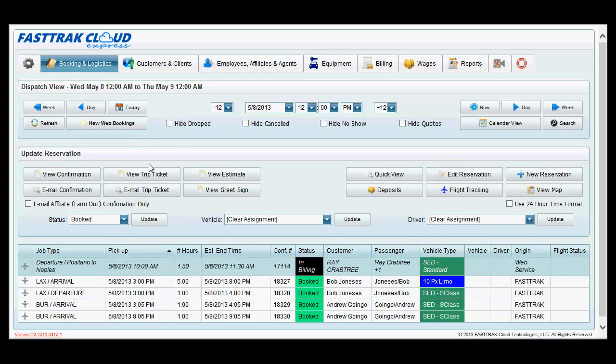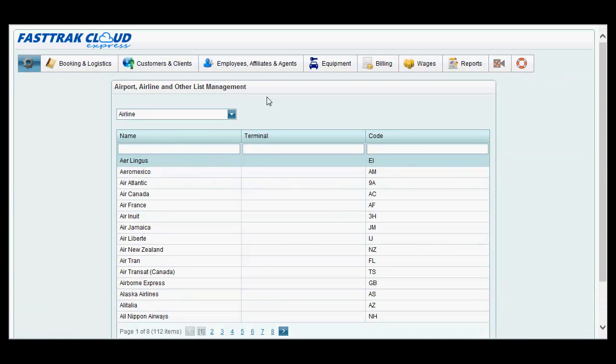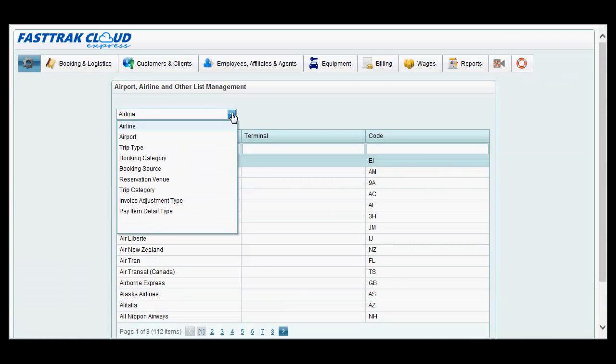This video will address airports, airlines, and other list management. To access this area, under the Fasttrak menu settings, select the Airport, Airline, and Other List Management. In the following window, you will see a drop-down list that has the airlines, airports, trip types, booking category, booking